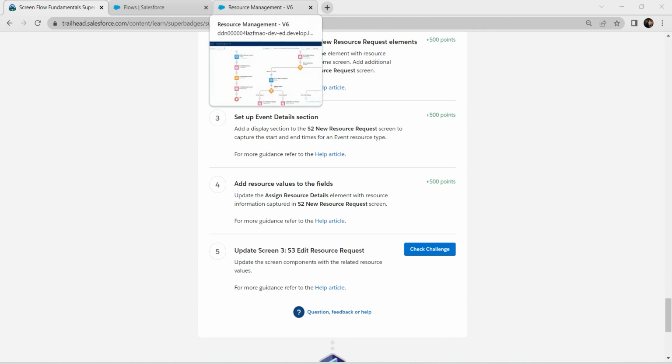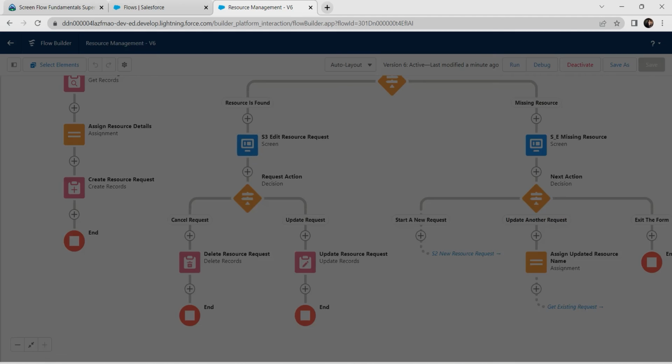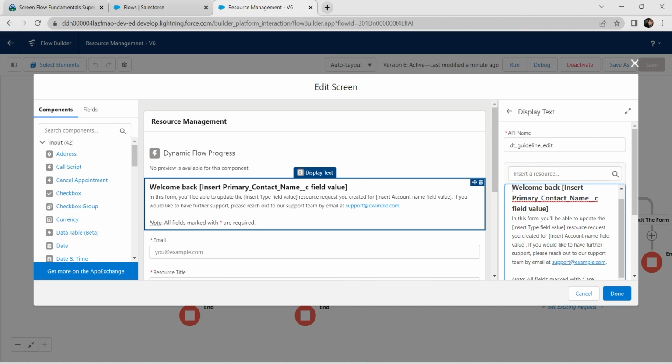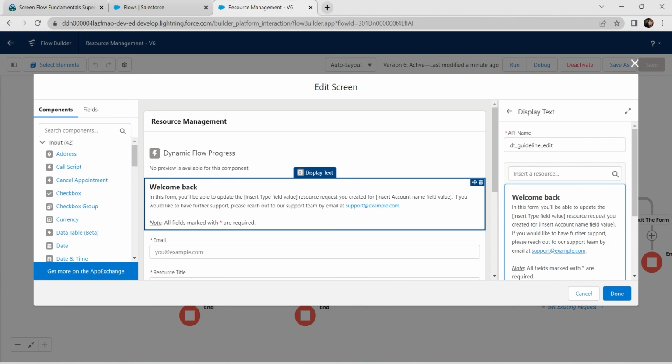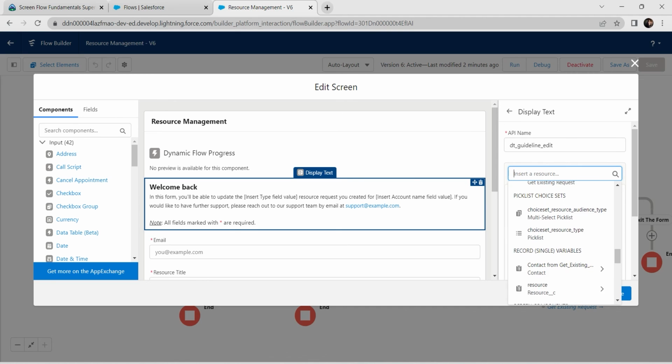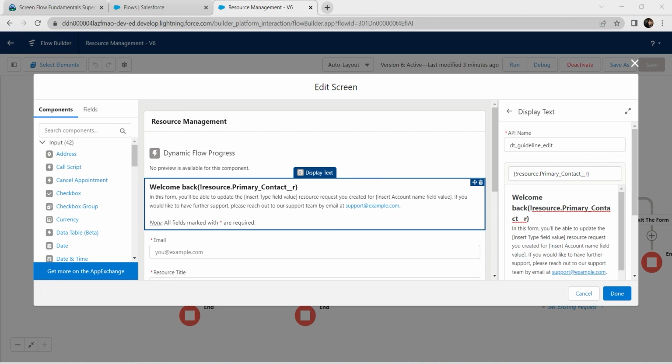So for this, we have to go for our S3 edit resource request. Double click on that and click on this welcome back field, and we have to delete this item. So select and delete. So here at insert resource, we have to search for a resource followed by primary contact followed by name,